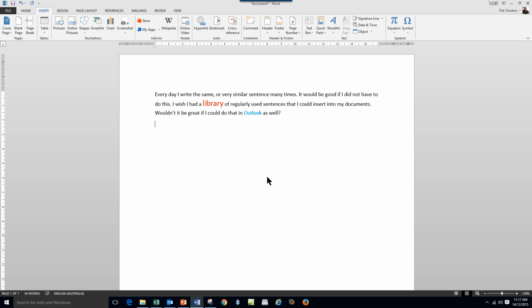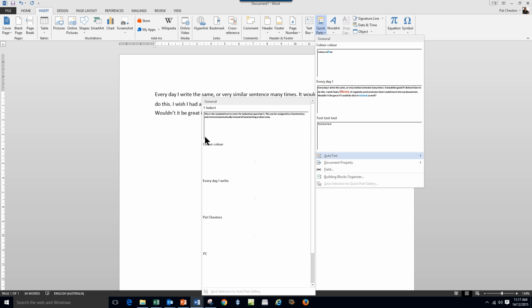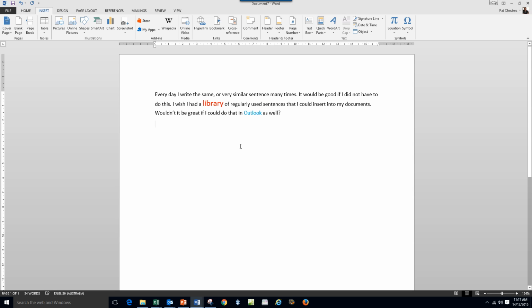So that's a quick summary of quick parts and auto text, but could really be very useful in your productivity if you write the same things often. And remember, it's the same if you open an email in Outlook. Once that new email is open, you have the same facility to create quick parts of auto text and embed